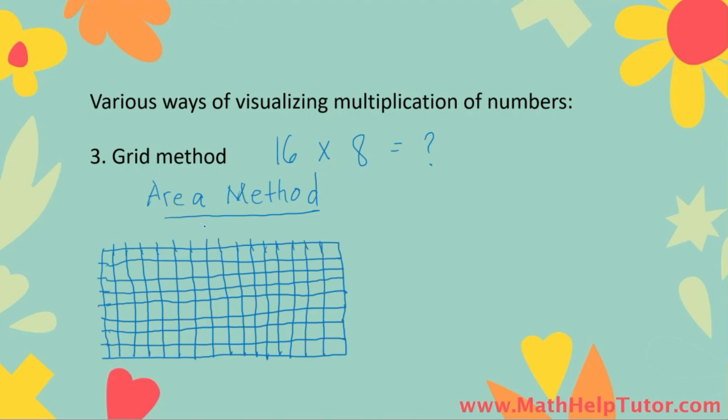So this is a rectangle that we created, which has a length of 16 squares and a height of 8 squares. After that, when using the area method, we count the number of squares inside this rectangle, which is going to give us the area of this rectangle, which is also the answer to the question, what is 16 times 8? So counting the squares, we have 1, 2, 3, 4, 5, 6, 7, 8, 9, 10, 11, 12,